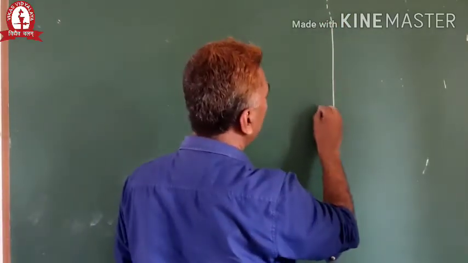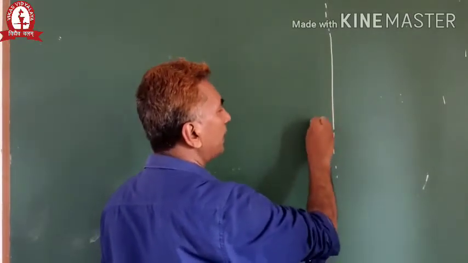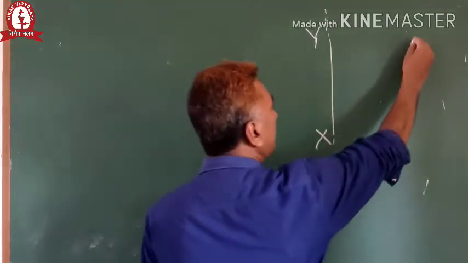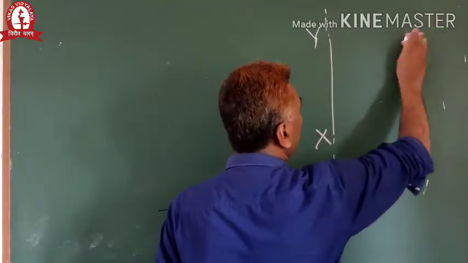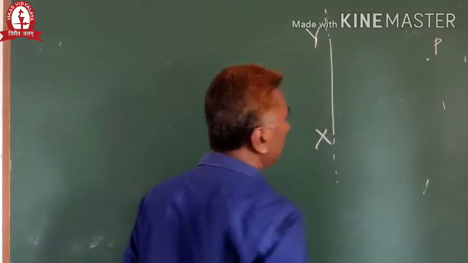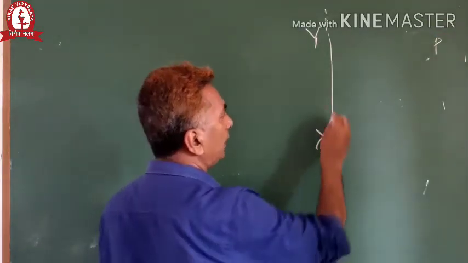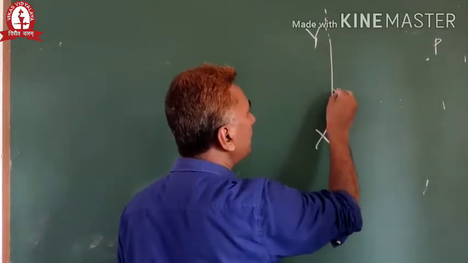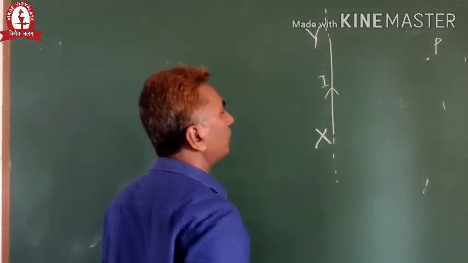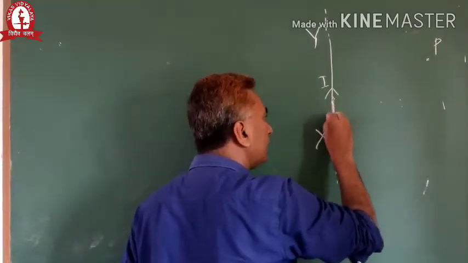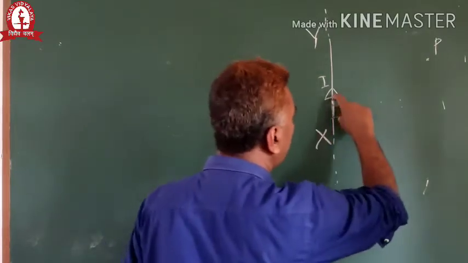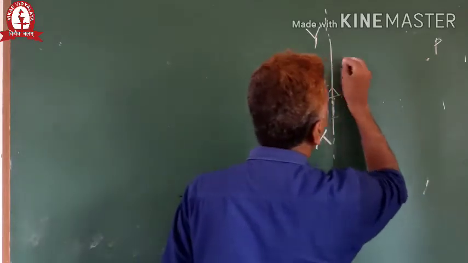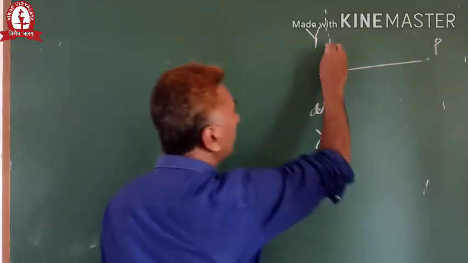Okay. Now this section of the wire, that is x and y, we are taking into consideration. And there is a point P where we are interested to calculate the value of magnetic field due to current carrying conductor, and let the current that is flowing through the wire is I. Okay, we are considering a small section, that is current element, dl, and the distance from the center of the wire is, let it be